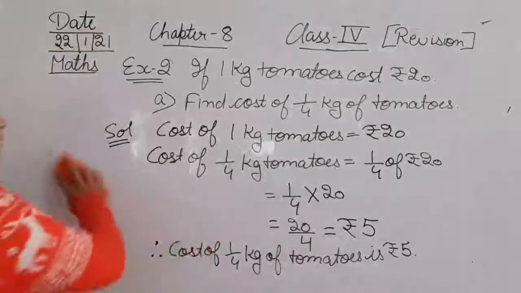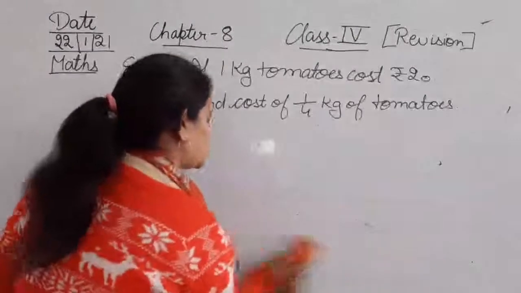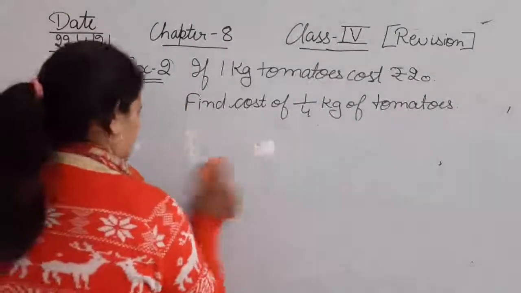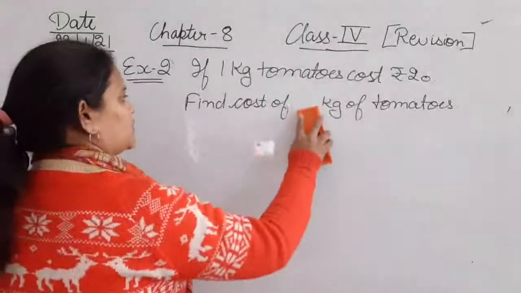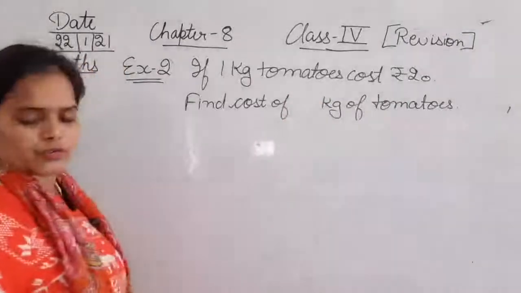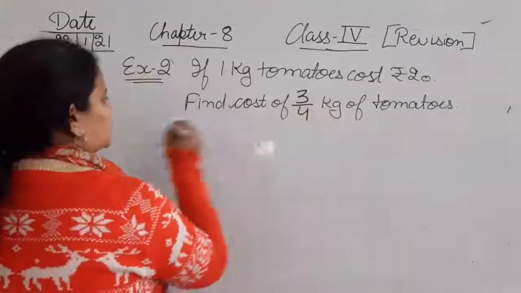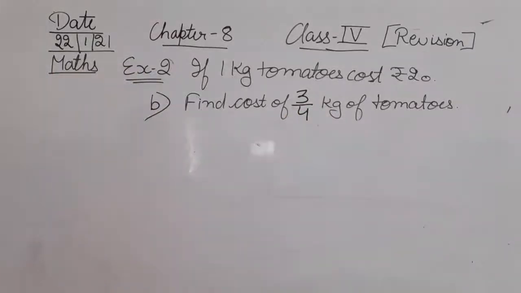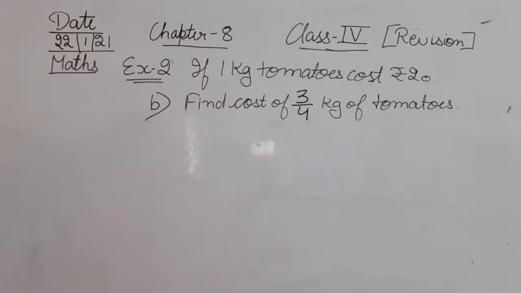Okay, by following the same method, let's find the cost of 3/4 kg of tomatoes. Okay, and now in spite of 1/4, we will find the cost of 3/4 kg of tomatoes. Okay, if the cost of 1 kg tomato is rupees 20, find the cost of 3/4 kg of tomatoes. Again same